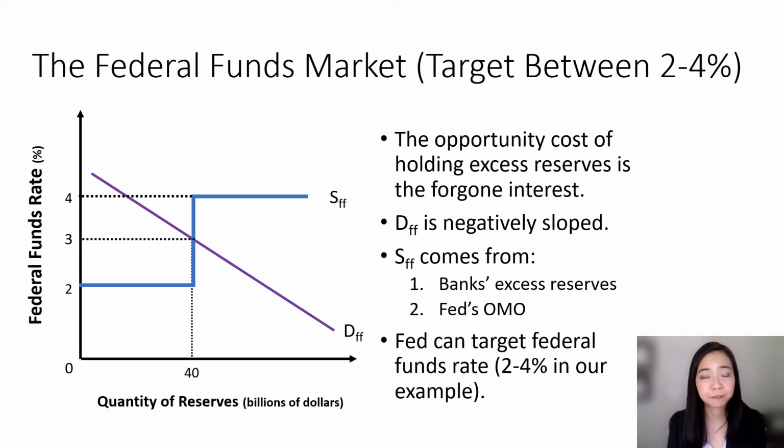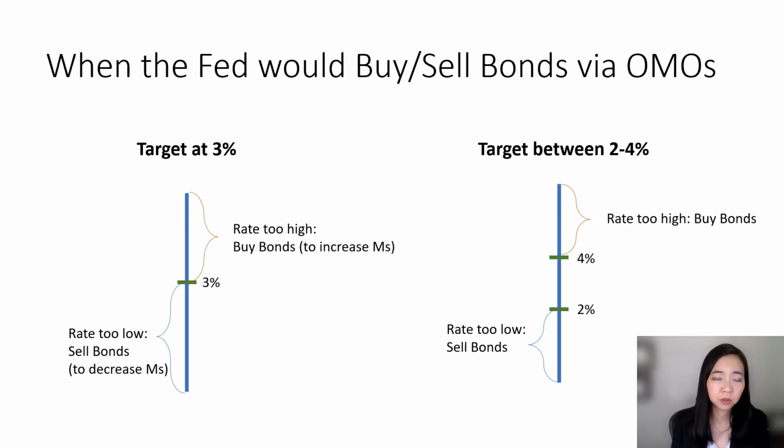In another scenario, the Federal Reserve can also target the federal funds rate within a certain range, and in our example, between 2 to 4%. In this case, the supply of federal funds is going to look a little bit like a step, and I'm going to explain why. First case scenario, when the Federal Reserve targets the federal funds rate at 3%, that means